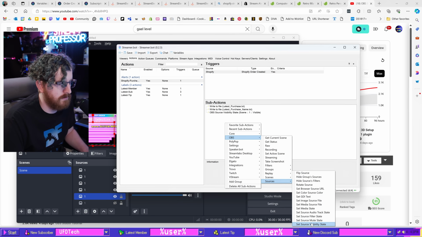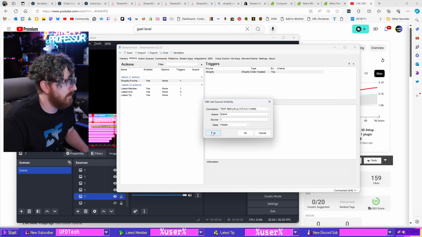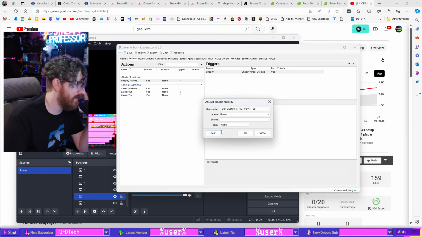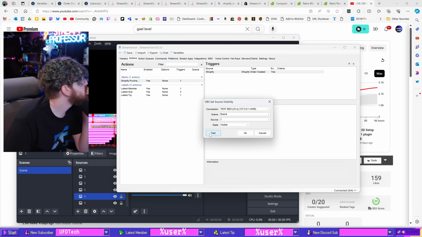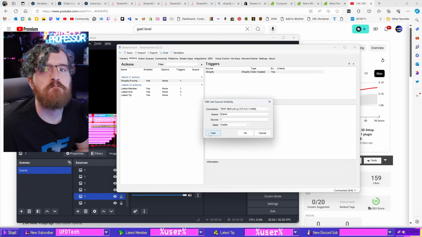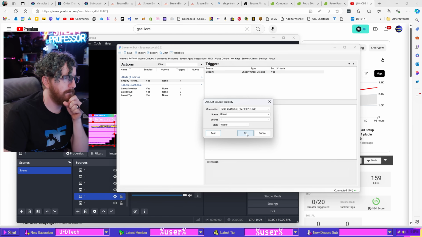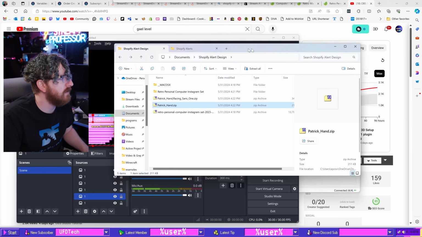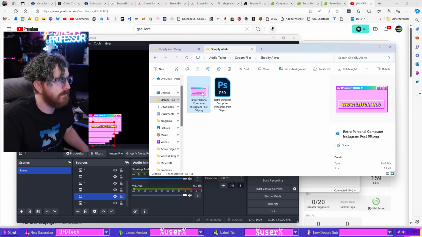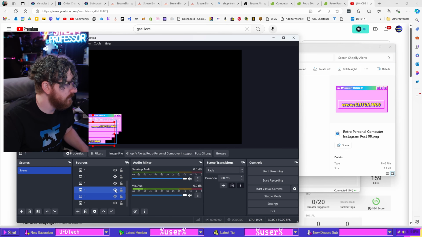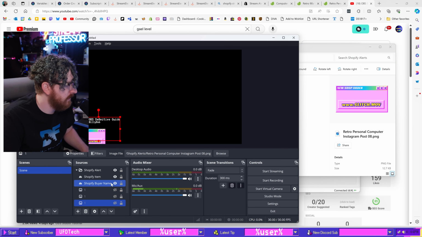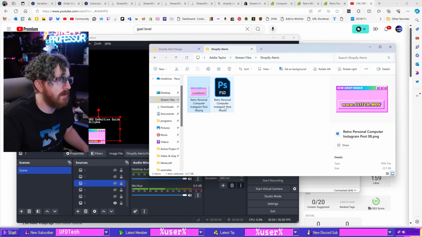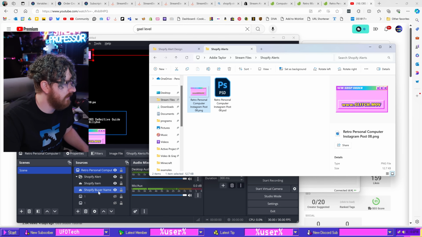Continue. Set source visibility state. Oh, no, yeah, it's doing it all. It's only controlling that bottom one. Okay. That is my fault. Okay, we can do this. This is going to be tedious and annoying, but we can do it real quick. So I want to hide all of them except the bottom one. And we just gotta